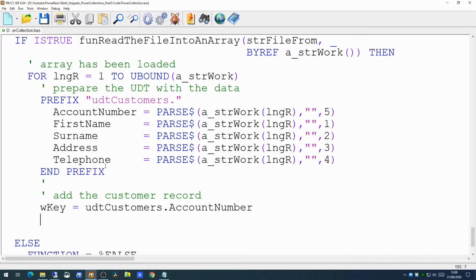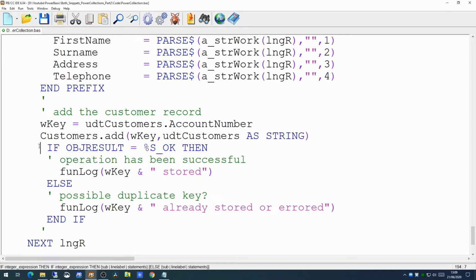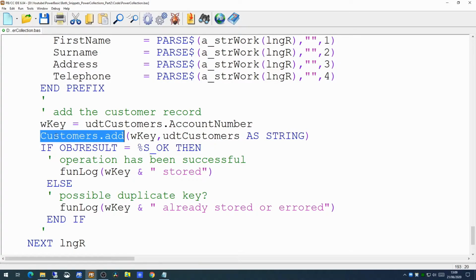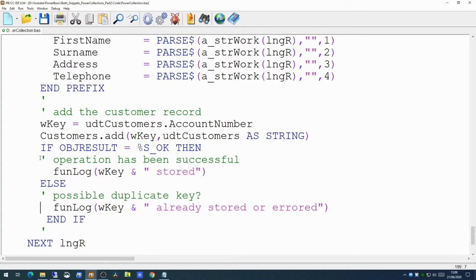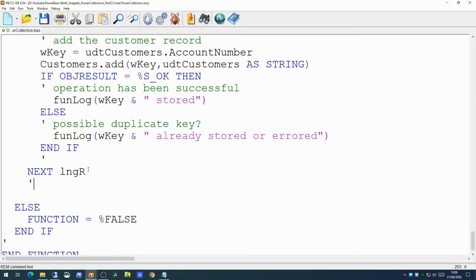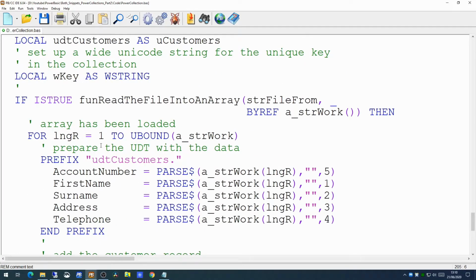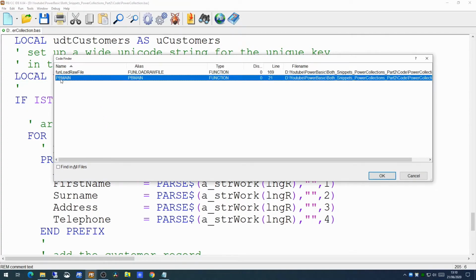So the first job is to populate our key, which in this case is just the customer's account number, which is a 4-digit number, and we then add that to the customers collection using the add method. This was all covered in our last video. All we're doing here is creating a generic function just to load it up for us. So assuming we get to the end here, we'll then return true that our function has successfully completed its operation. So if we go back to our main routine,